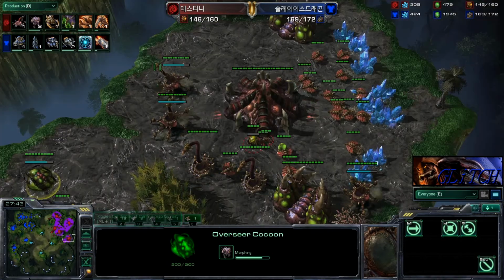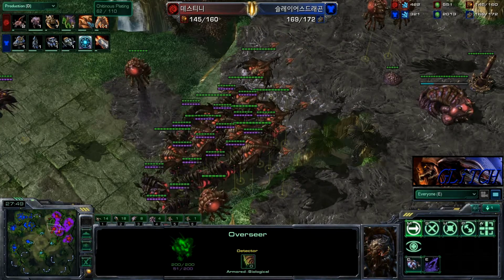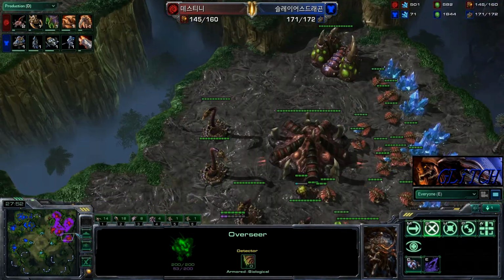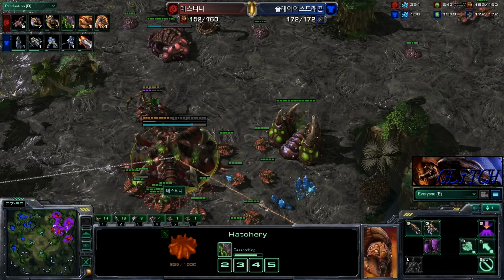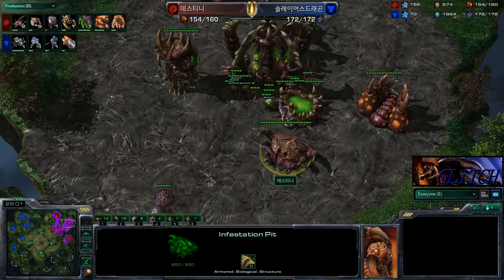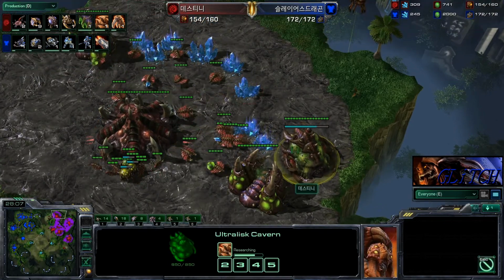He knows that there are ghosts on the map that he needs to be very aware of, so he's trying to get detection all over the map. And what is this? We actually see chitinous plating. This is, wait, chitinous plating. I'm pretty sure the pronunciation for that is chitinous. Correct me on that one if I am wrong, but I believe it is chitinous plating going down on that